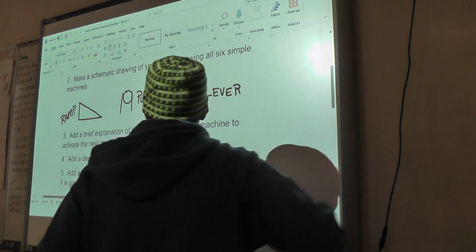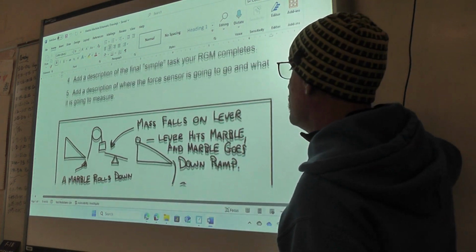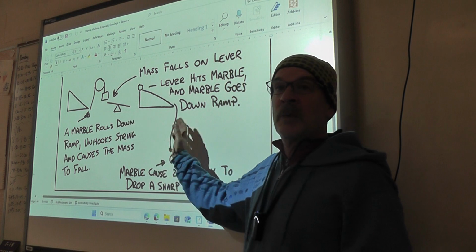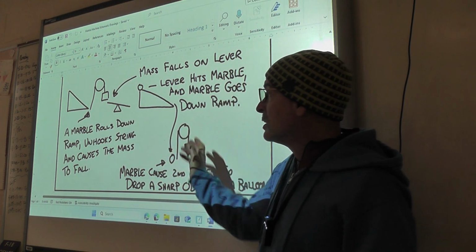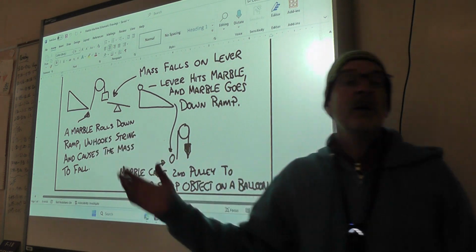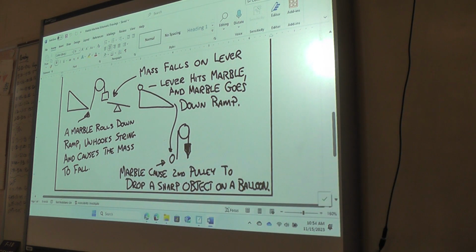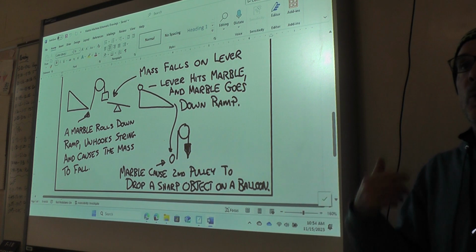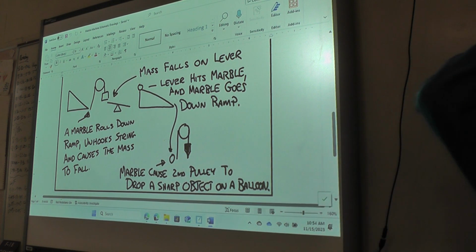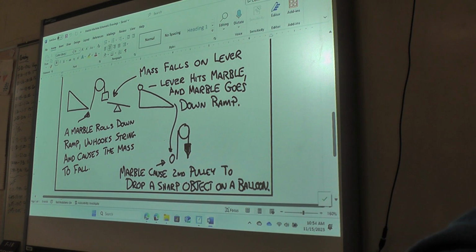In the assignment, there's another example. This is one Mr. Kirsch did a couple of years ago, and this, again, is missing some of the requirements because this doesn't have all 6 machines, but generally it's the same kind of idea. But what you're doing is you're creating a diagram that's gonna ultimately help you. It's gonna also communicate to us what it is that you're planning on doing with your marble machine. Okay? So I'm gonna pause the video